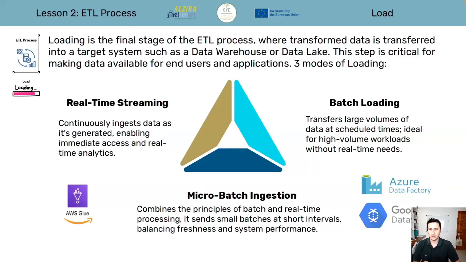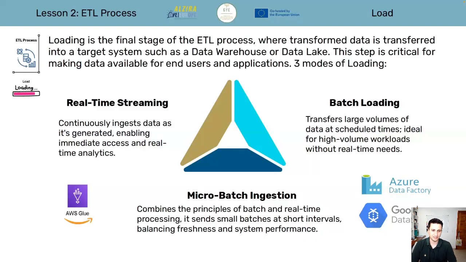They can be hourly, every minute, every second, every day, every month, every week. Depends on what you want. It's ideal when you want to load high volume data sets where you don't need real time